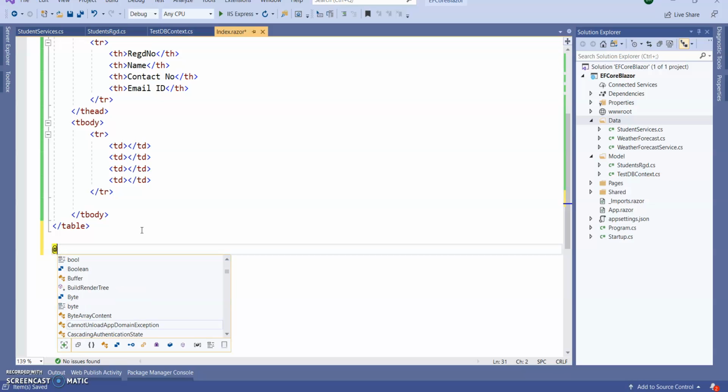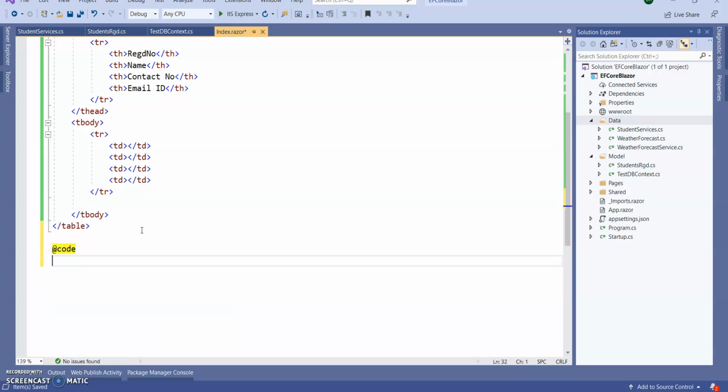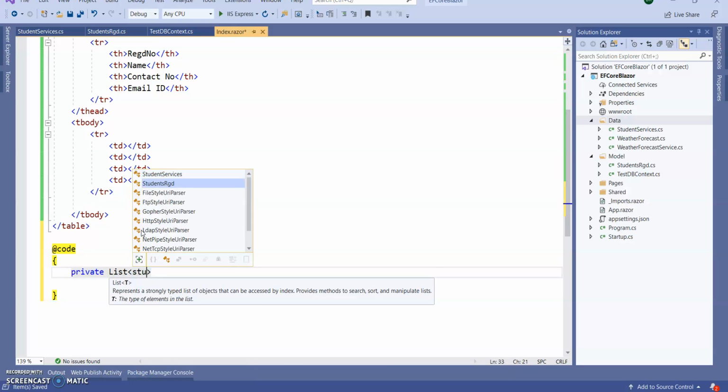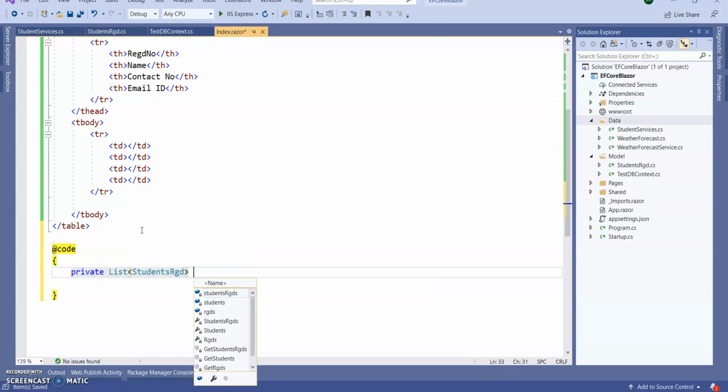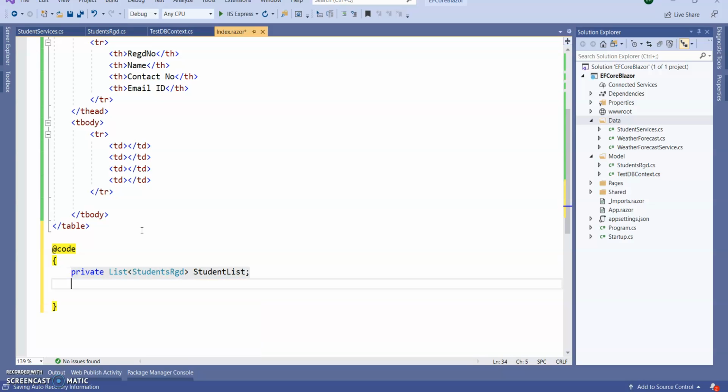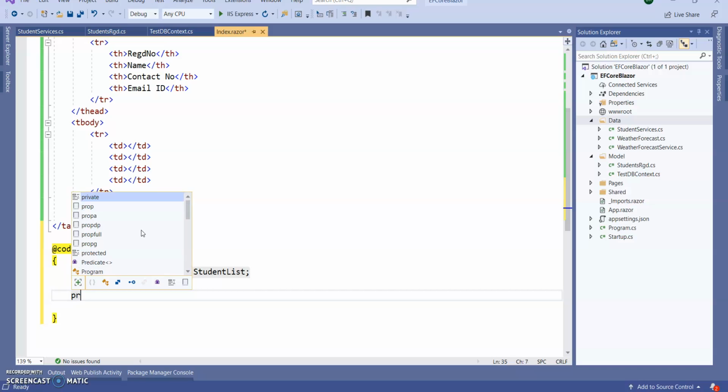Here I am declaring one private list of student registration, and I am giving it the name studentList.